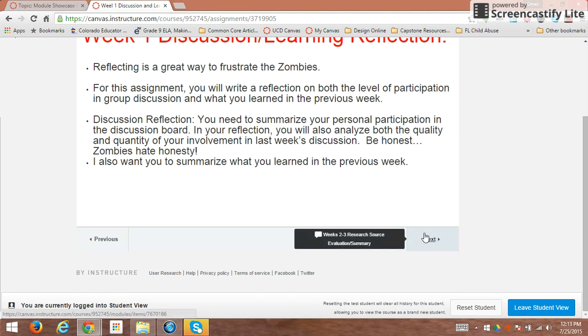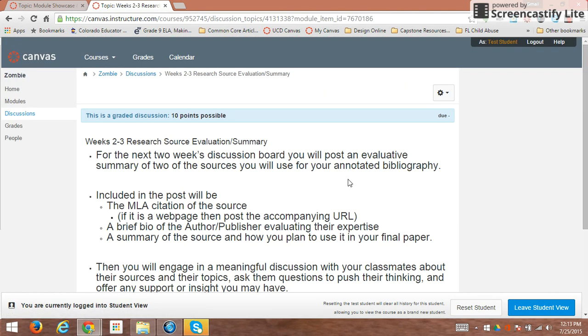Moving forward, we're going to go to the discussion board for the next 2 weeks. For week 2 and 3, they're going to research their sources, and we're going to summarize these sources. This is a way for them to really share where they've located sources. This can be a website that they found, or a book, or a magazine, anything they found on their own topic. And this is kind of helping them use the MLA format in the citation, which they've learned in the past,